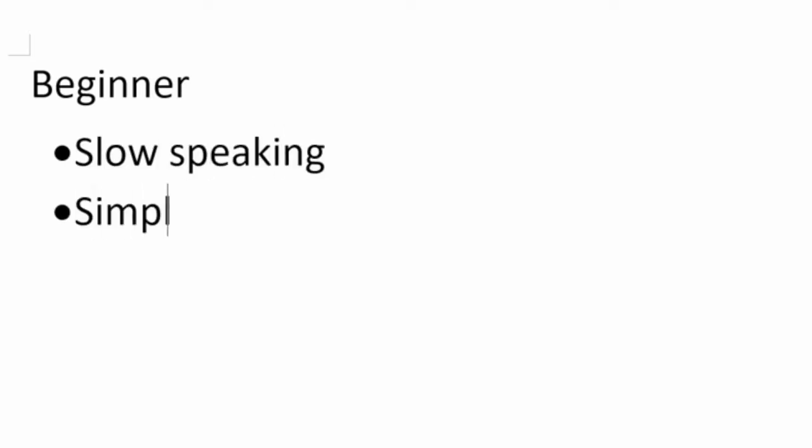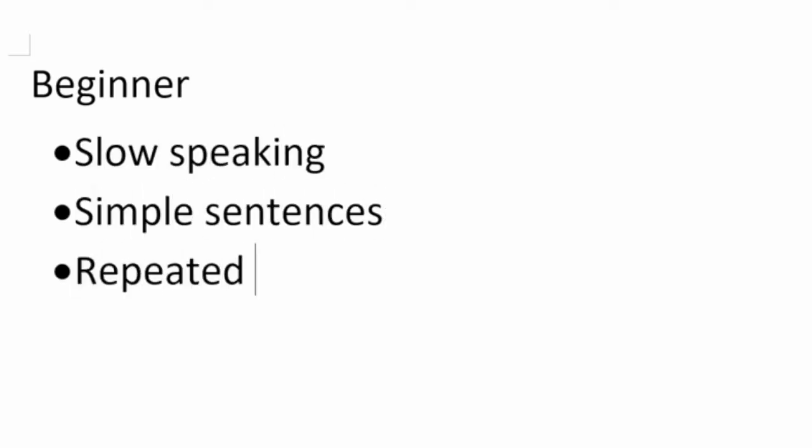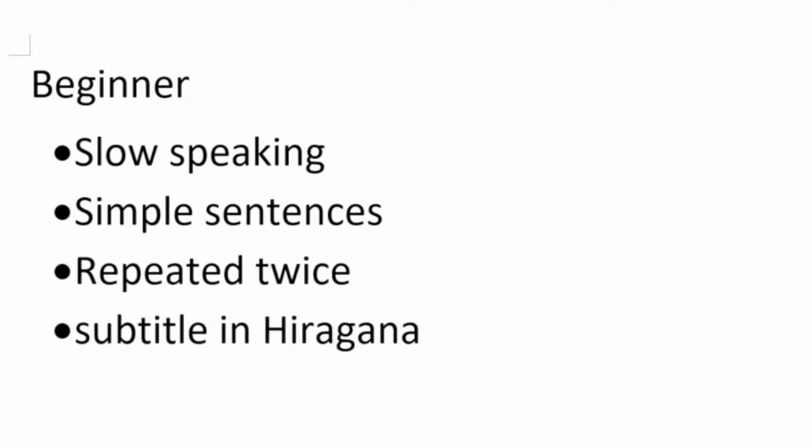Beginner. The beginner level has slow speaking, simple sentences repeated twice, with subtitles all in hiragana, and sometimes even a